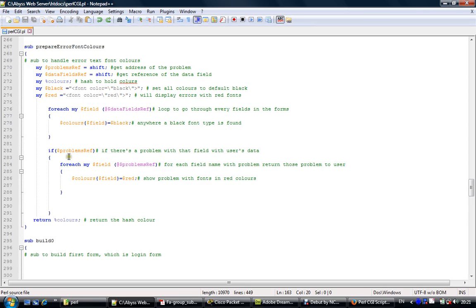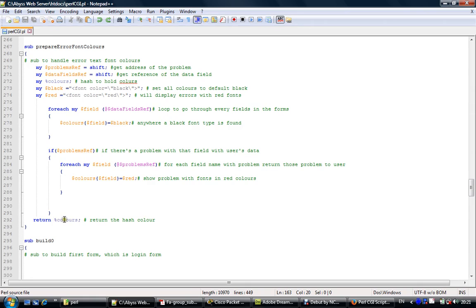If the problem ref shows there is a problem with that field, foreach my feed with the arrays of problem reference, show problem fonts in red colors, and return the hash. That is, populate all and return the hash of the colors, the name and value